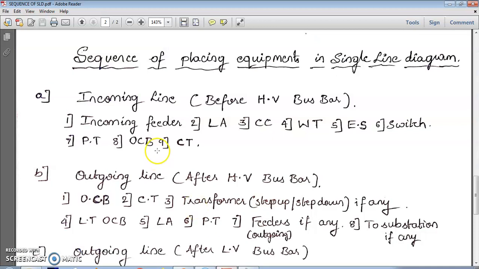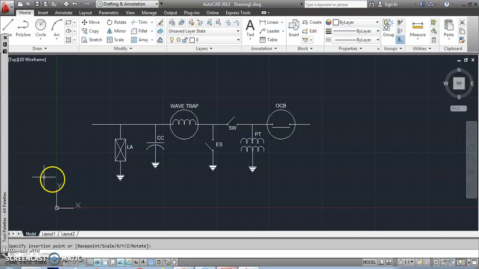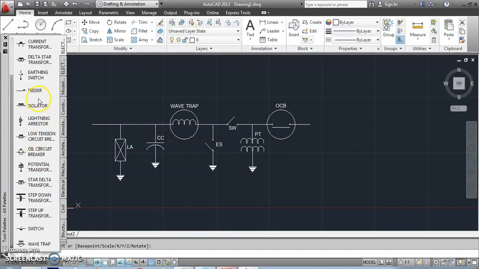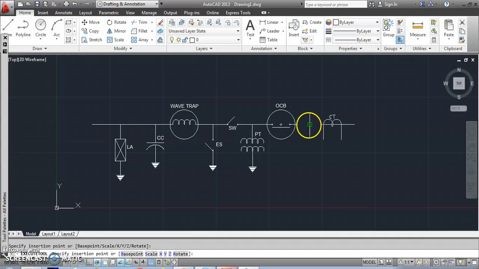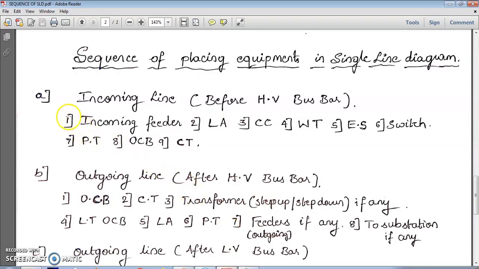Next, what we have? See, for oil circuit breaker we have CT, right? CT. Where is CT? CT is over here. Left click it. See, I have all placed the things from 1 to 9. Okay, incoming feeder is there, no?